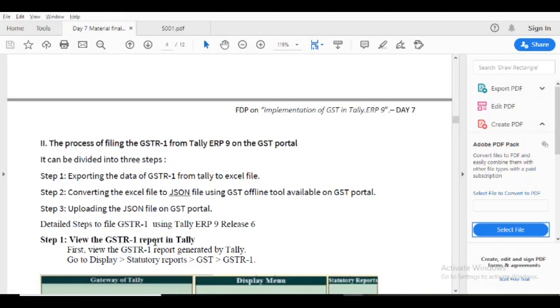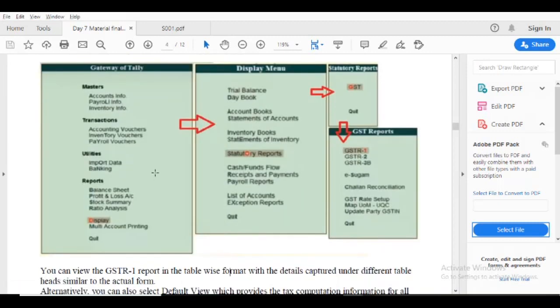View the GSTR1 report, as already discussed. Go to Gateway of Tally, Display, Statutory Reports, GST and then GSTR1. From the main screen Gateway of Tally, we move to Display, then Statutory Reports, then GST, and there we select GSTR1.